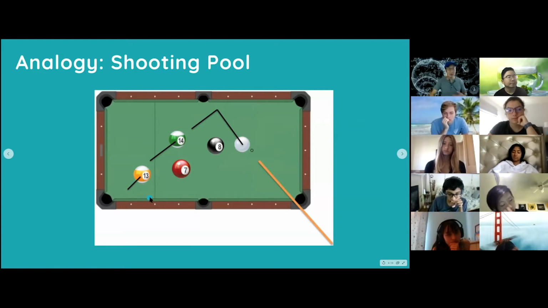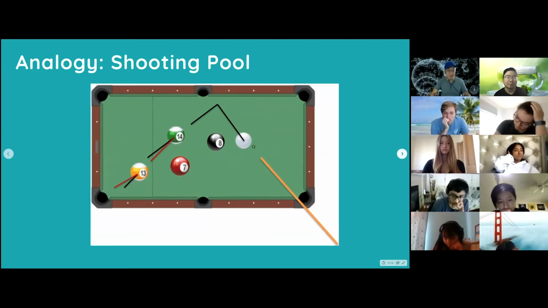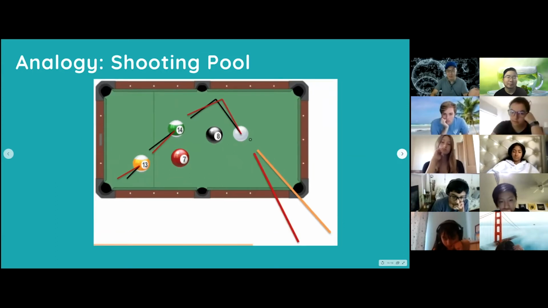So what do I need to do to get into this hole? You start calculating backwards. If I want to get into this hole, my target, I need to adjust my angle this way. Then I need to adjust the other ball that I'm going to hit a different way too, and so forth, until you get to, oh, I need to position my stick